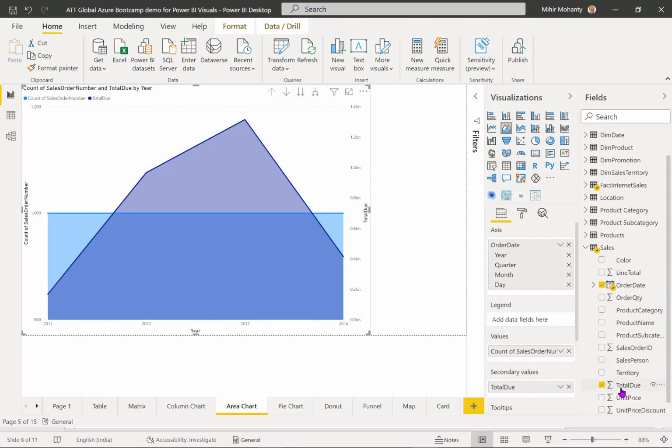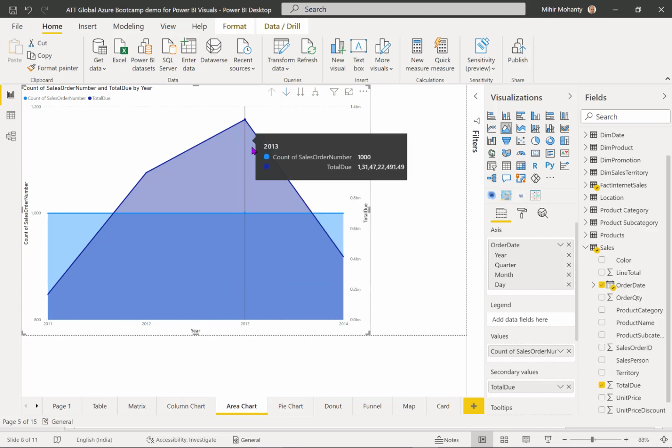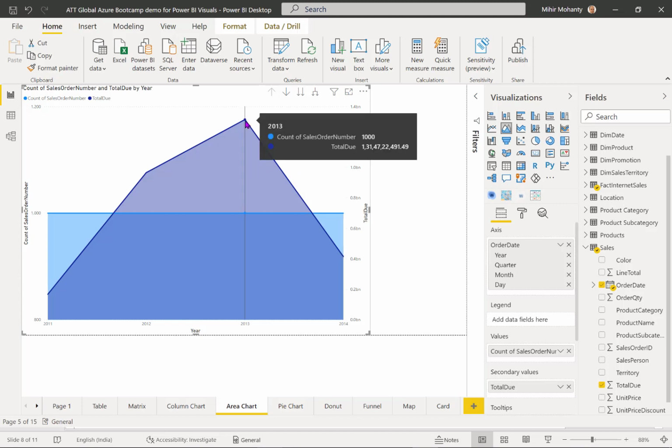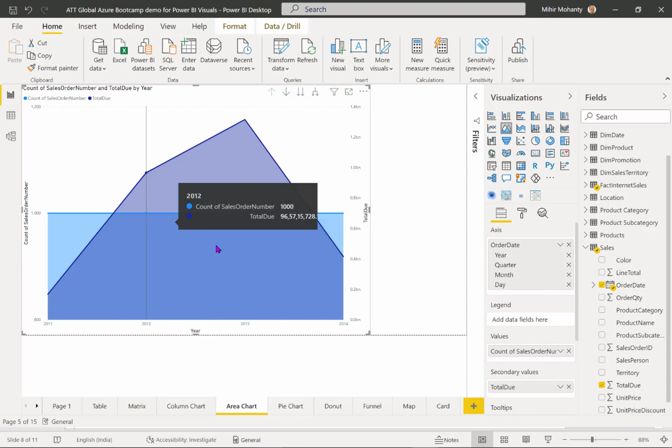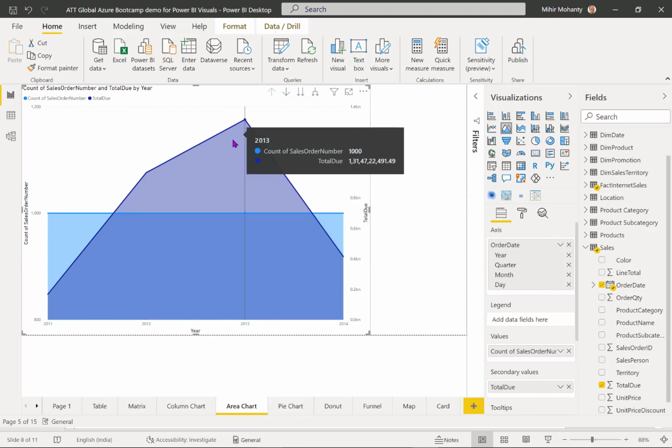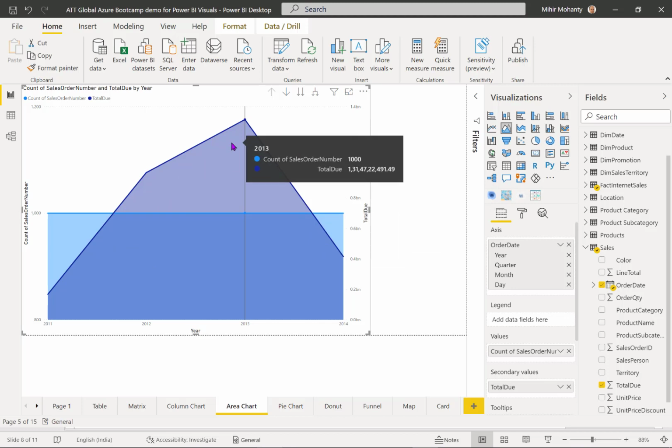elements like total due and order date, and on the basis of order date in different years like 2011, 2012, 2013, 2014, and so on, it represents all the data points. You can see the data points when you move your mouse cursor over the chart. Because this is a chart area, it represents your x-axis and y-axis, and you can see the area is being filled with different colors, and that's where you can see the difference of different color elements, and you can start working on this.